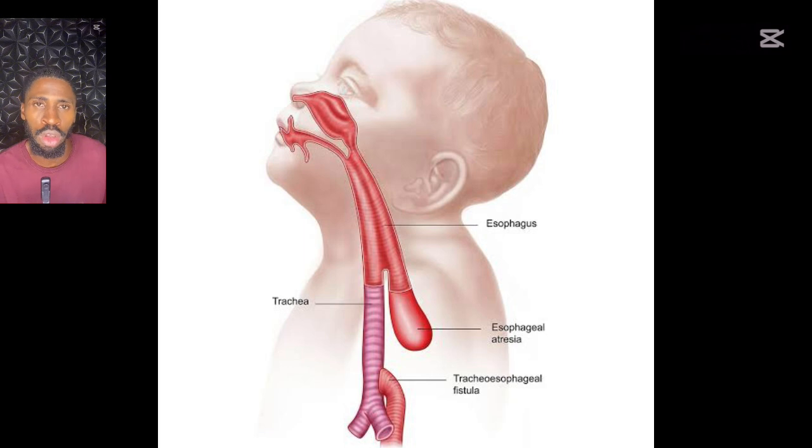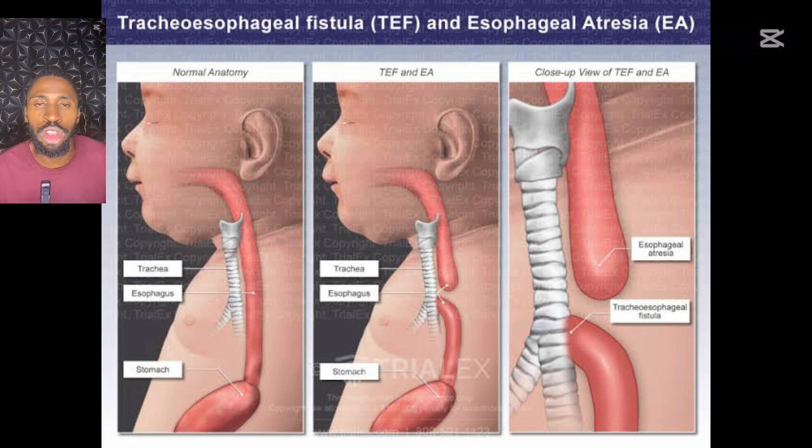This can also happen when there's some mechanical factor that causes the dorsal part of the foregut to move anterior. When either of these occurs, you can have what we call